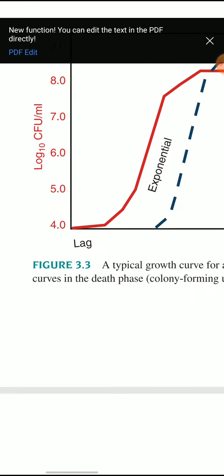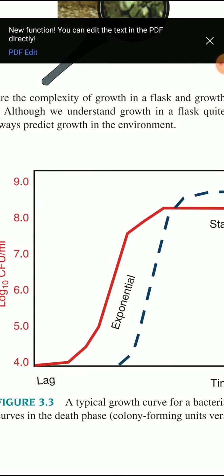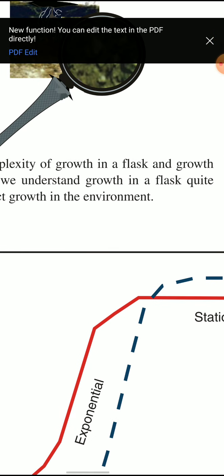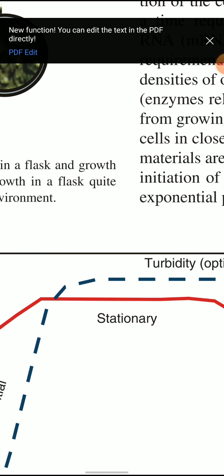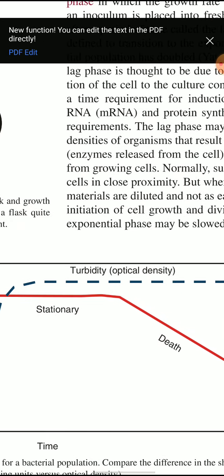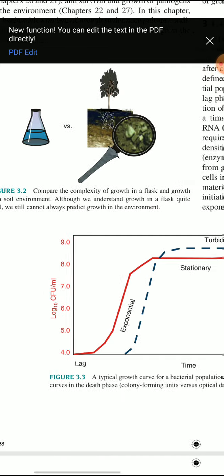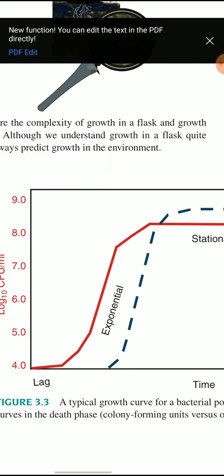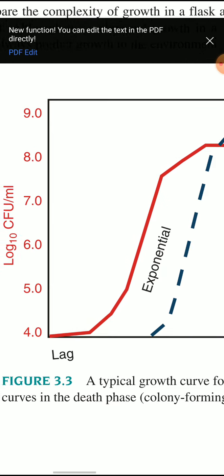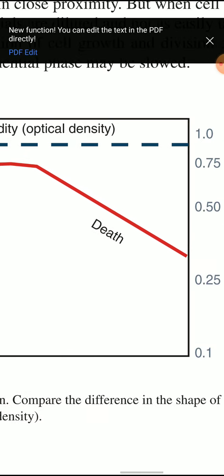If you see the red line, it is first nil, there is no growth. Then it is growing in a very fast way, and then it reaches a certain peak point, and then it becomes stagnant again. You can observe a plateau over there, and then it is falling down. So this is the bacterial growth curve. Under this there are 4 phases. The first phase is lag phase, then the second one is exponential, then stationary phase, and then the death phase.